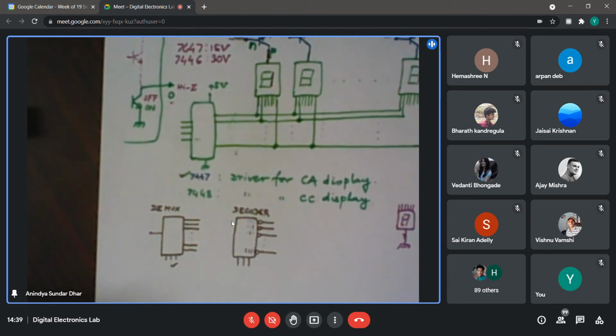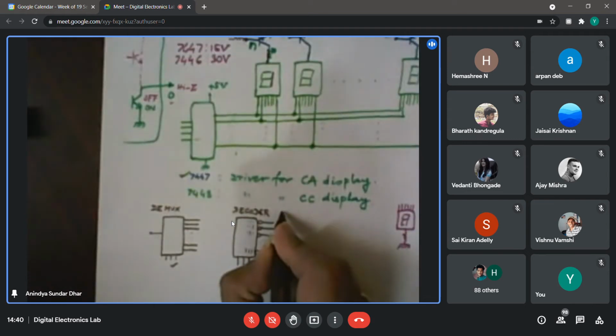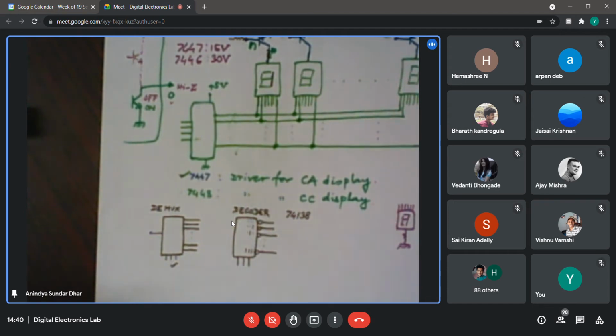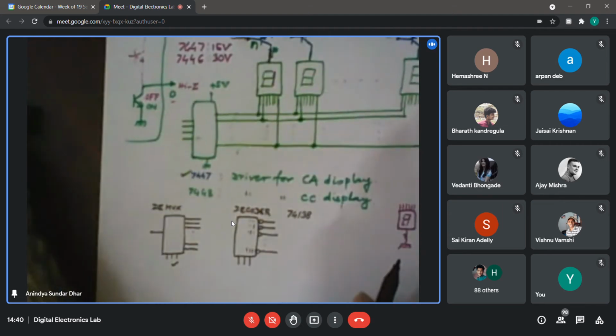Okay, so just check up. We generally use something like 74138, and the 138 actually in a slightly different configuration. You can use it as a demultiplexer also, but as such it is considered to be a decoder, a 3-line to 8-line decoder. So what is the number I said? 74138. So 38 is probably easy to recall. You may say that it is a 3-line to 8-line demultiplexer.